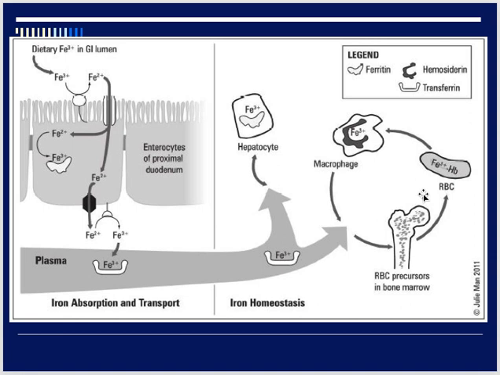So now, macrophages, hepatocytes, here they are showing, or RBC precursors. Here you can see they have given transferrin. This one is transferrin, and this one is hemosiderin. What is hemosiderin? Hemosiderin is basically a concentrated part of the iron.